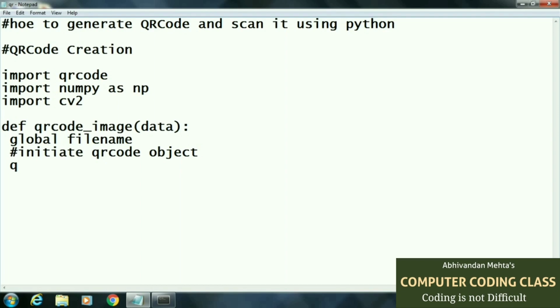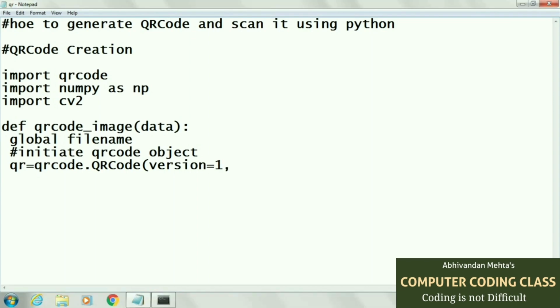Here we will use the QRCode function. So qr equal to qrcode.QRCode. Here QRCode is the function of the qrcode package. Here we will pass different parameters. First argument is version.